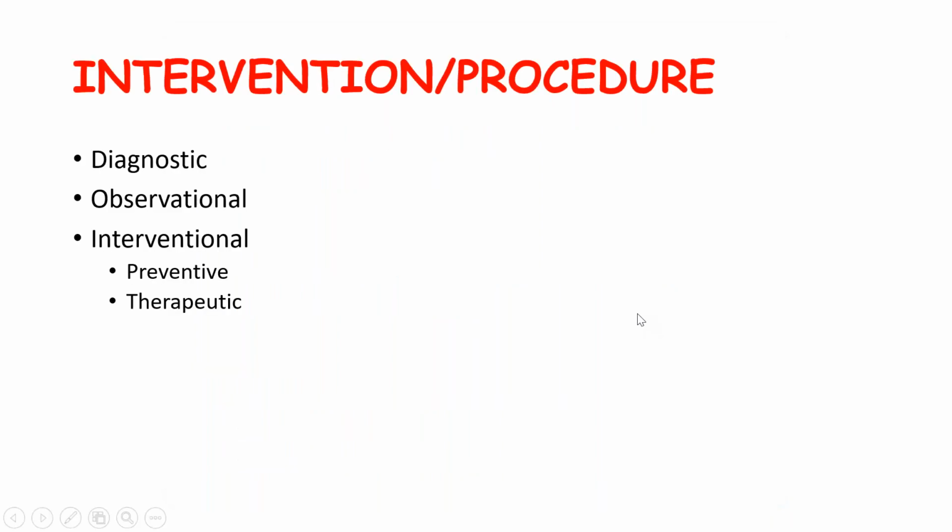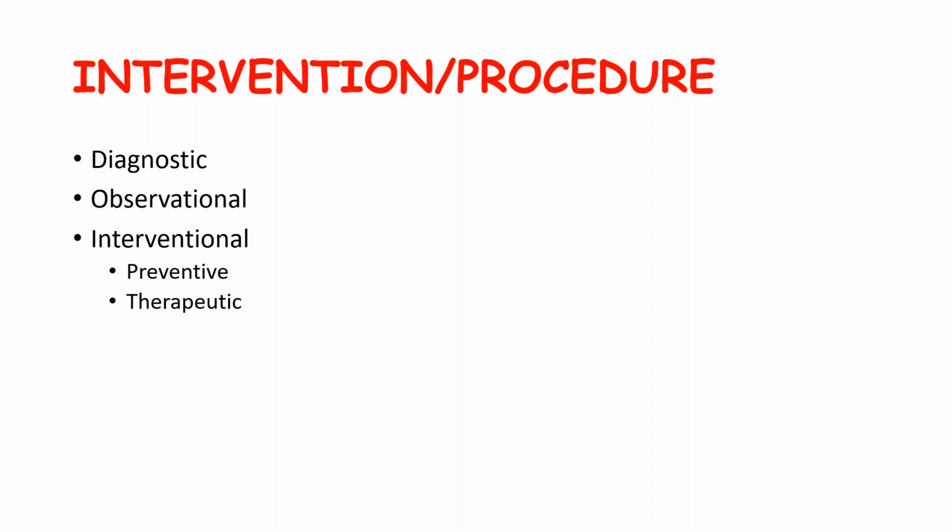And good. Now the intervention and the procedure. Now, moving from P to I, this can be of different types. Like it can be a diagnostic. So most of you will be doing diagnostic, or interventional also you can be doing, but mostly drug trials are not done for an MD thesis. And observationals also most of you will be doing, but most of you will be doing some diagnostic tests, some ultrasound or a biochemical test or routine lab investigations. All those will be included.